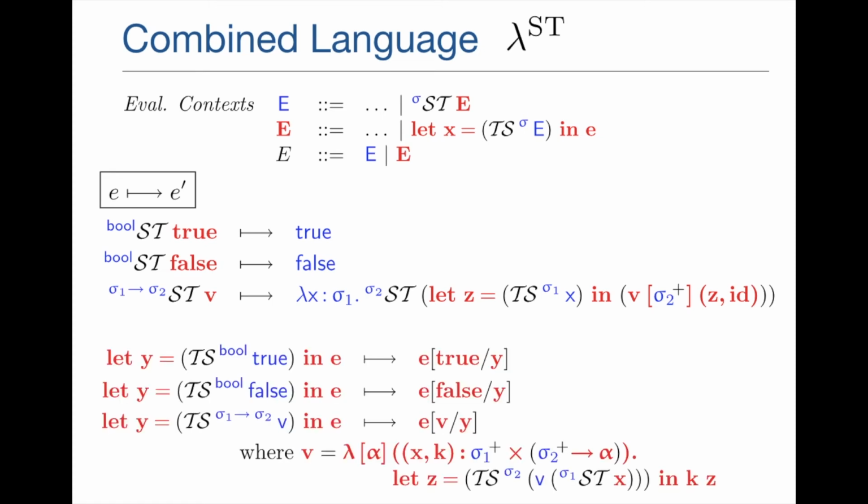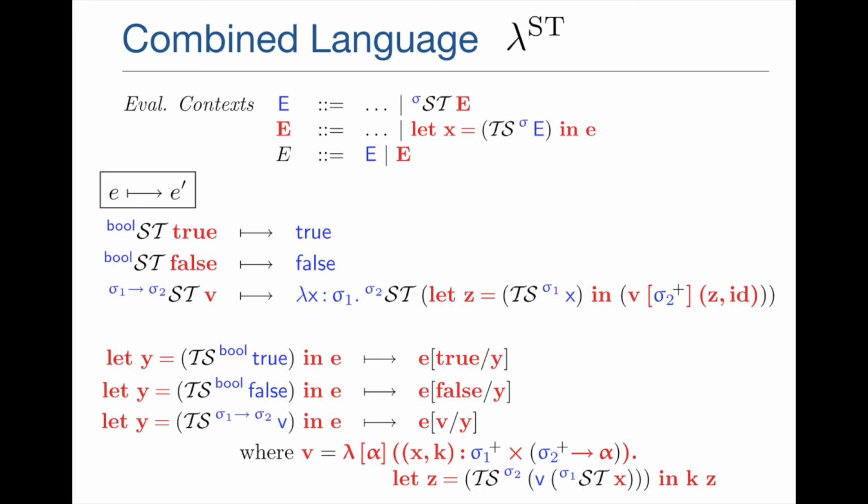Then to go from source to target, again with Booleans, it's exactly what you would expect. And then for functions, it's a little more complicated. So we have some function V that has type sigma 1 to sigma 2. So we have this lambda expression that takes an X and a continuation K. And the X has translation type sigma 1 plus, and the continuation takes something of type sigma 2 plus and